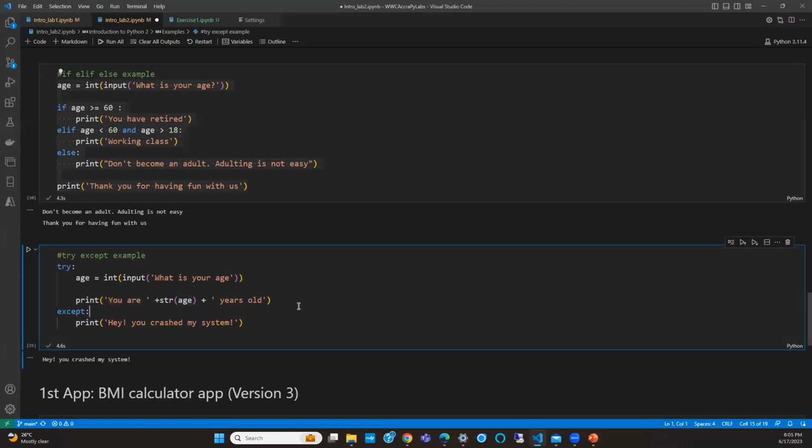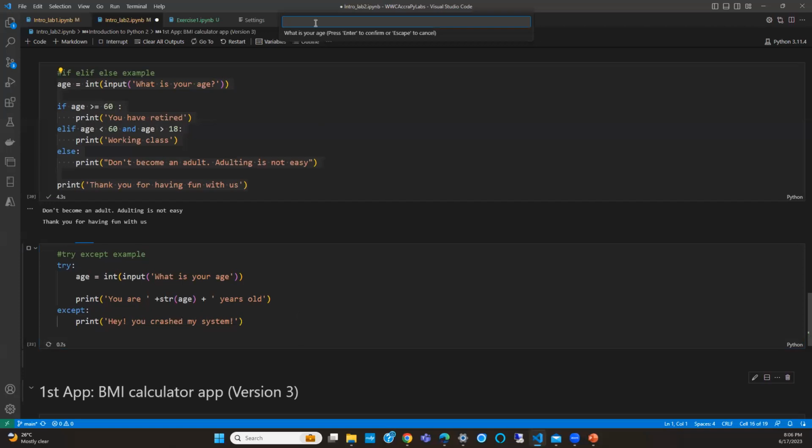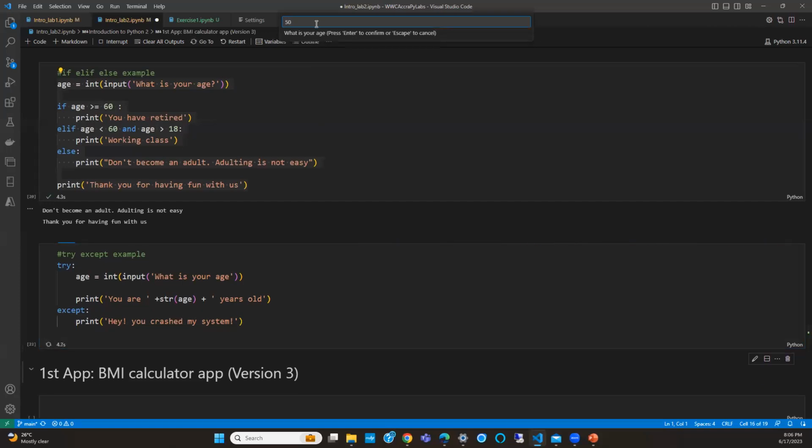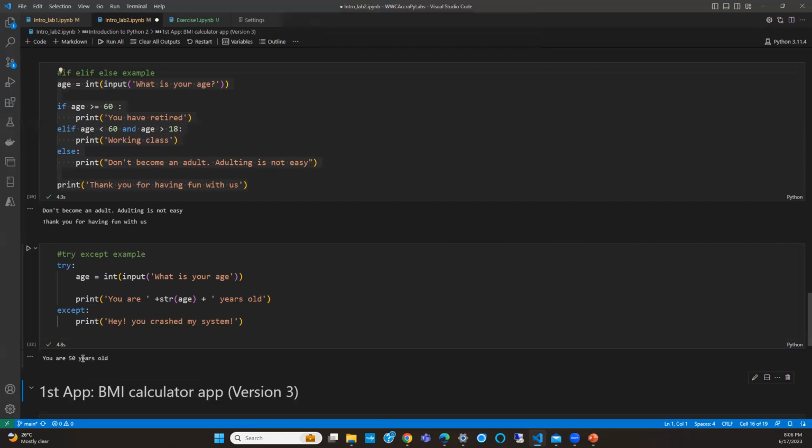We've already converted it to an integer here, so we have to convert the integer back to string. It's a circular way of doing things, probably not the best example, but we can still make it work. Let's put in 50, and now it says you are 50 years old.